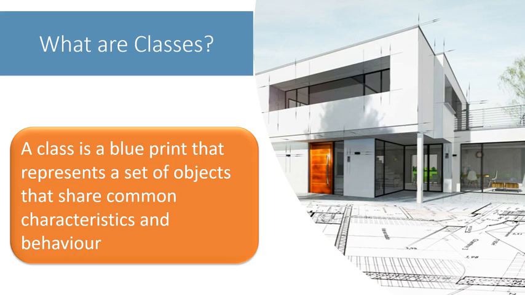Builders will look at the blueprints and use those blueprints to make a physical house. They can use the same blueprint to make as many houses as they want. Each house will have the same layout and properties. Each house can accommodate its own family. So, one house might have the Tatas live in it, while another house might have the Ambanis live in it. The blueprint is the class, the house is the object, and the people living in the house are data stored in the object's properties.